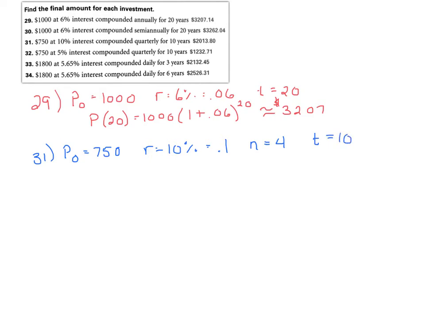So what we have to do is we have to say our principal after 10 years is going to equal our original principal of $750, and we take 1, and we're still adding our rate, but that rate of 10% is going to be divided into those 4 compounding periods. And then likewise, our time is going to be multiplied by 4. So it's like we're compounding more often. This is the number of times we're compounding, but we have to take that annual rate and divide it into 4 parts. So practice loading that into your calculator,